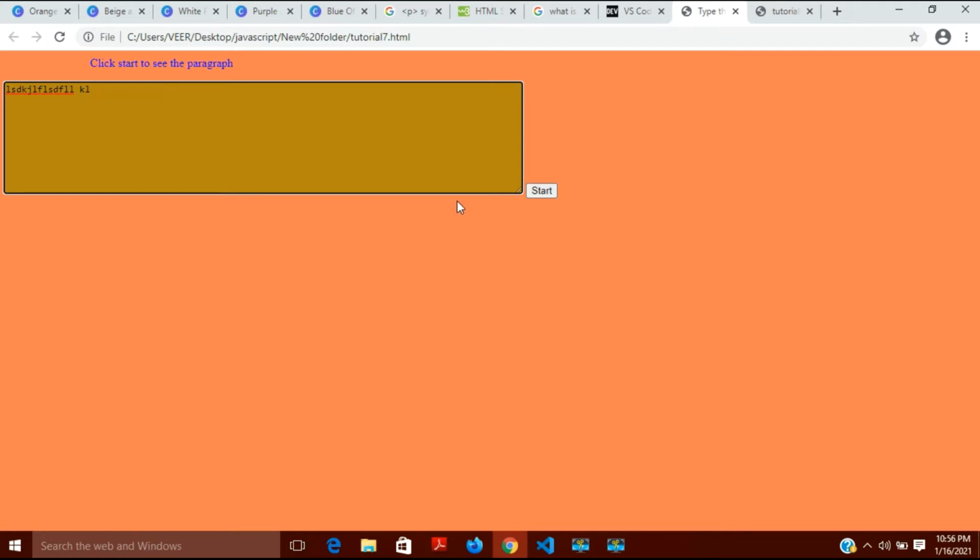So three things I will have to create inside HTML: the first is the space for the paragraph, then the text area where I will write, and a start button. And later I will do my coding in JavaScript, in script, to make it functional.